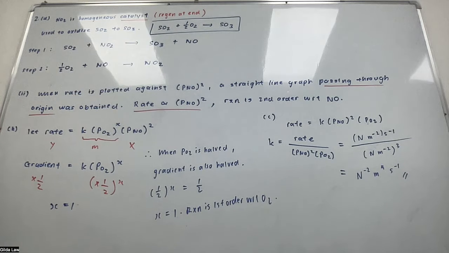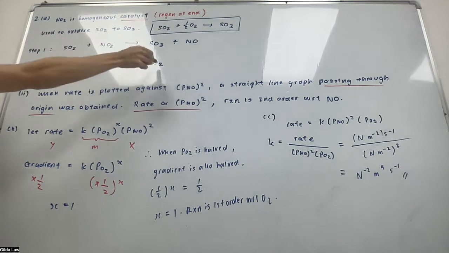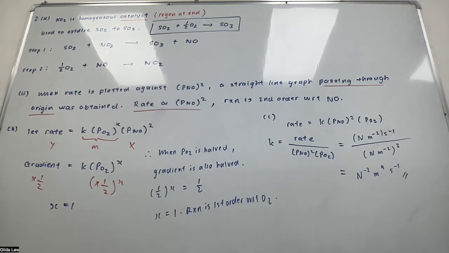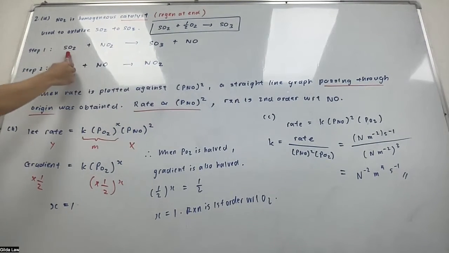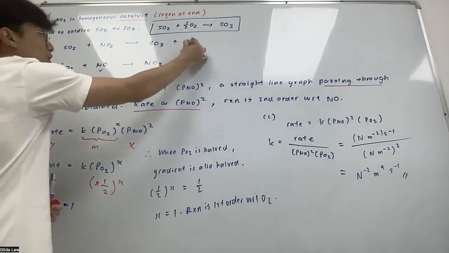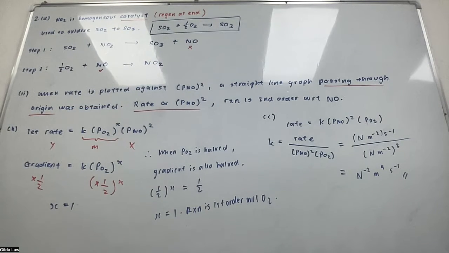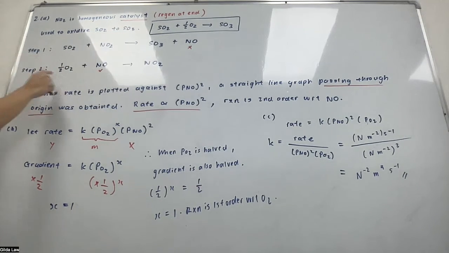So notice a few things. You must first understand that the catalyst is regenerated, so you can put this at the end first. It must be there. I already got SO3, so settle already. I use SO2 on the left, also settle. And you notice this NO has to cancel each other out because one on the left, one on the right. It doesn't appear in the overall equation. And of course, oxidation means you need oxygen also based on the overall equation. So sometimes it's better to look at the overall equation first and then just play around with the different